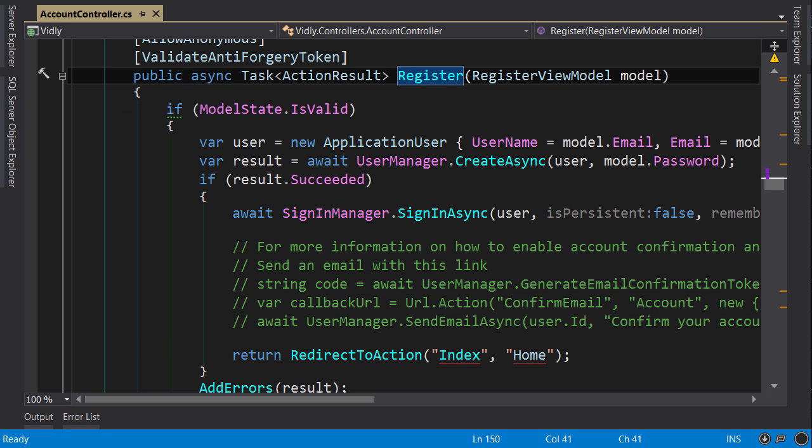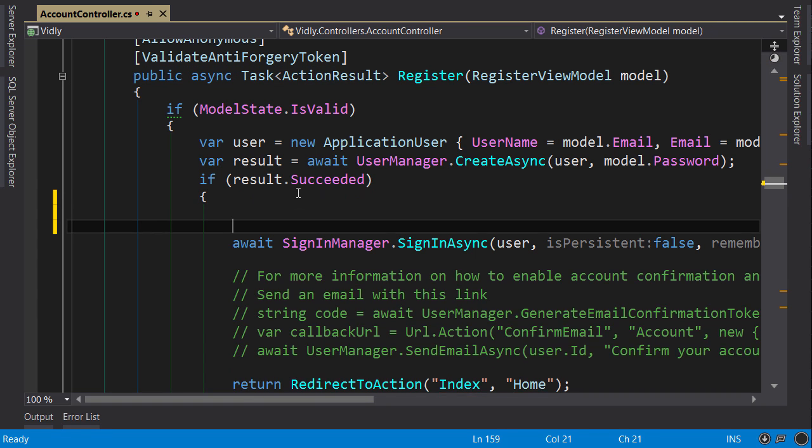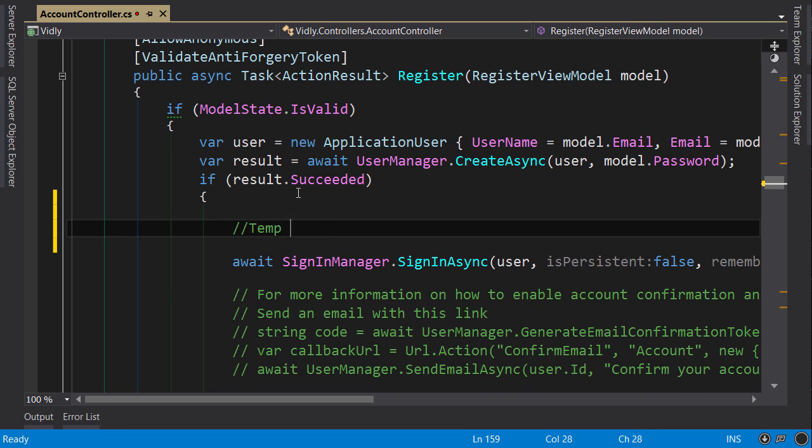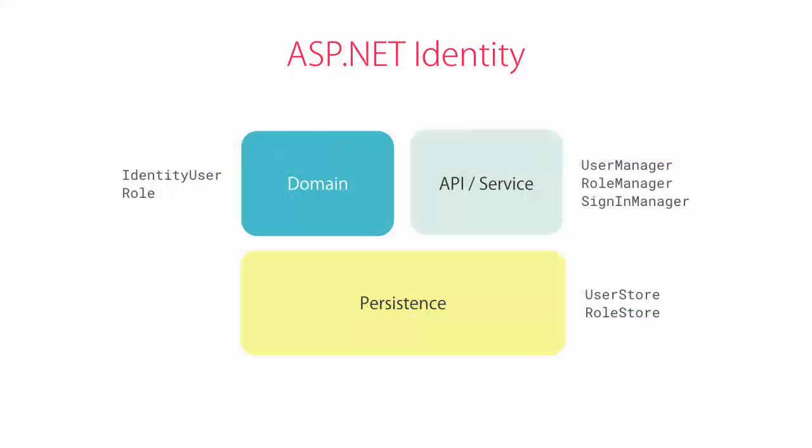Now, you may get freaked out and say, Mosh, but this is too risky. I know. Just bear with me. We're going to remove this code in a second. I just want to populate our database with a user in the Store Manager role. So here, if we successfully create a user, temp code. So earlier, I told you that to work with ASP.NET Identity, we use manager classes like user manager,